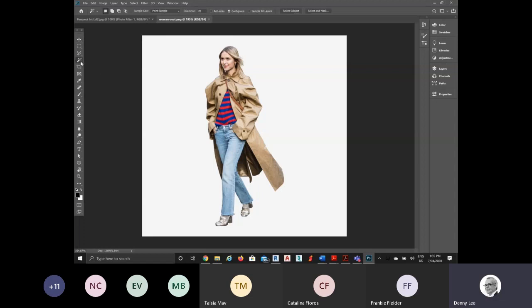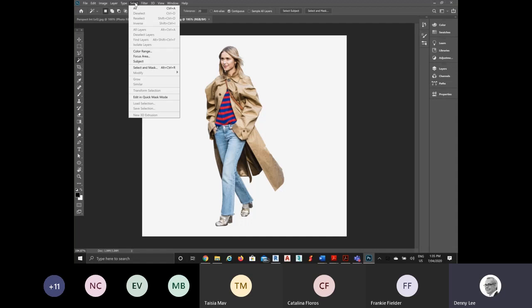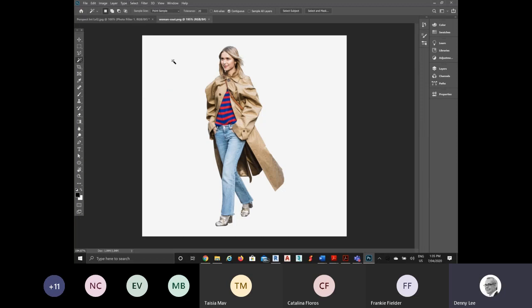So what I'll do is use the magic wand, and unless anyone is interested in using the object select options that you have now, which sometimes can save you a bit of time, but I know that in this case we'd have to adjust it anyway because of the light colors in the image of the person. You'll see in a minute what I mean. So yes, I'll stick with this approach. So again, using the magic wand,